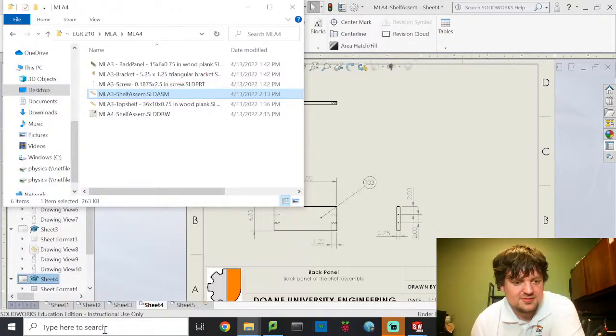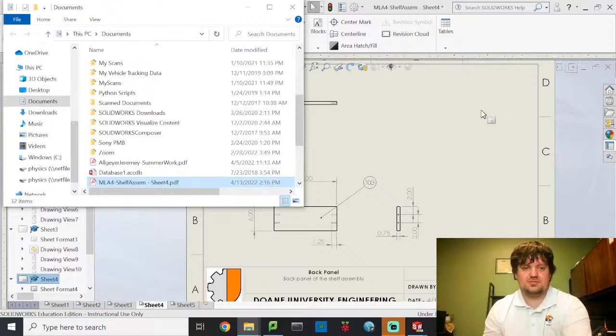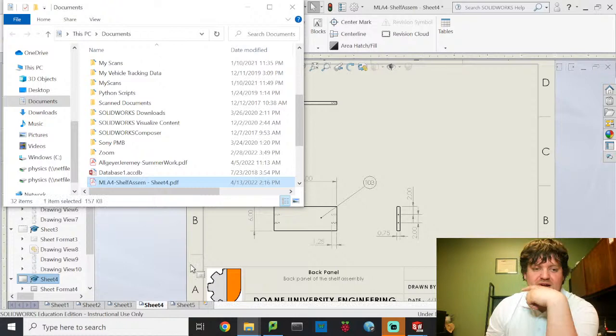And sometimes I hate Windows. Open file location. And apparently I put it into documents. There we go. So this would be what it is that you put into your